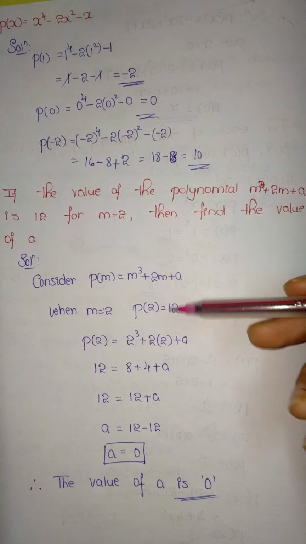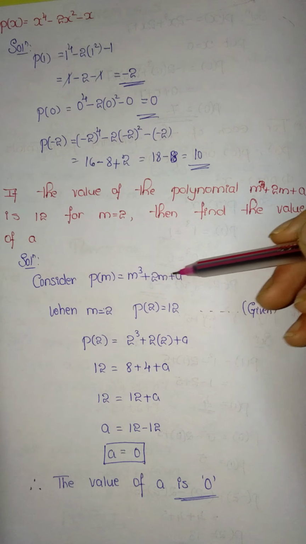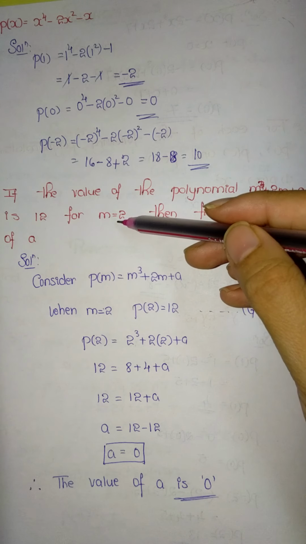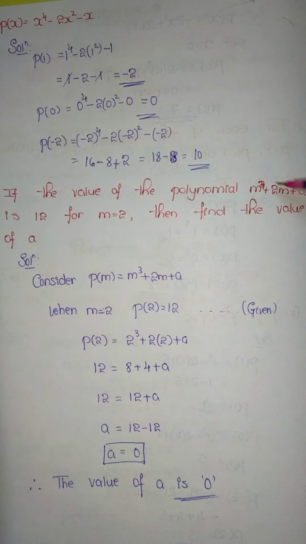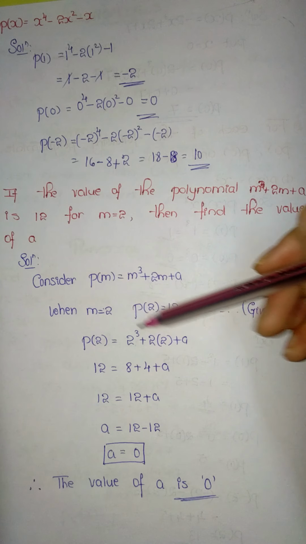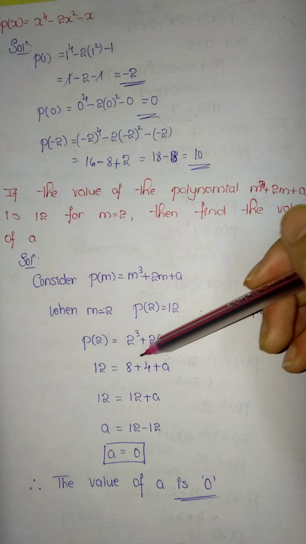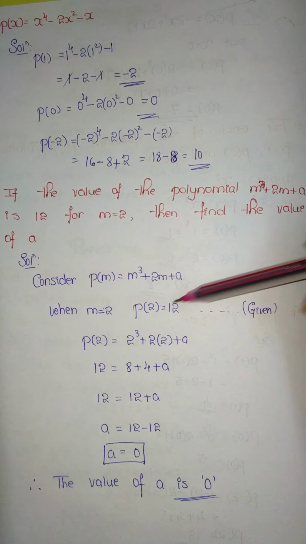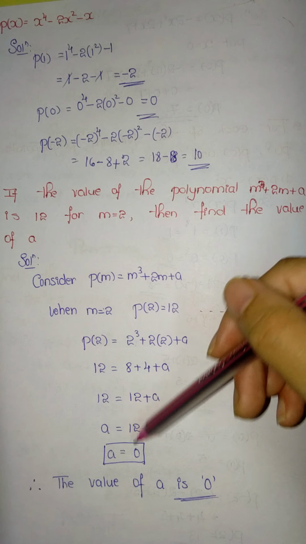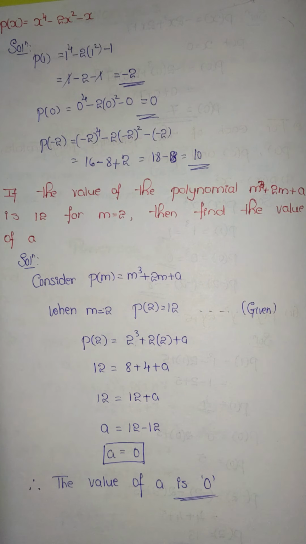Clear? So here we have to take this, because यहाँ पे m term में है, so we have to take this p of m as this one. So already they are given. इसका polynomial का value is 12 when m is equal to 2. अगर m is equal to 2 is p of 2 and put the m in the place of m, everything is 2. So p of 2 already is given, that is 12. So substitute and find the value of a. So here value of a equal to 0. So it completes our question number 3.